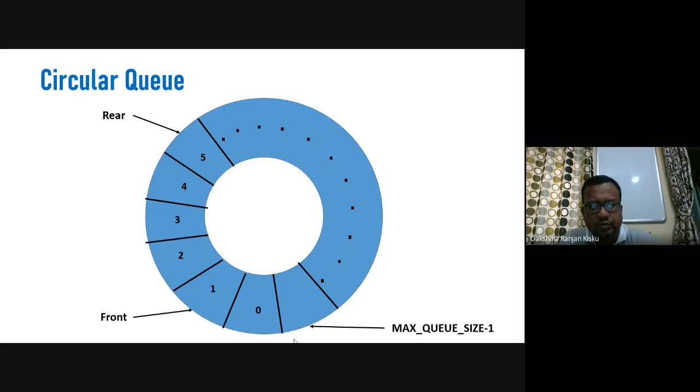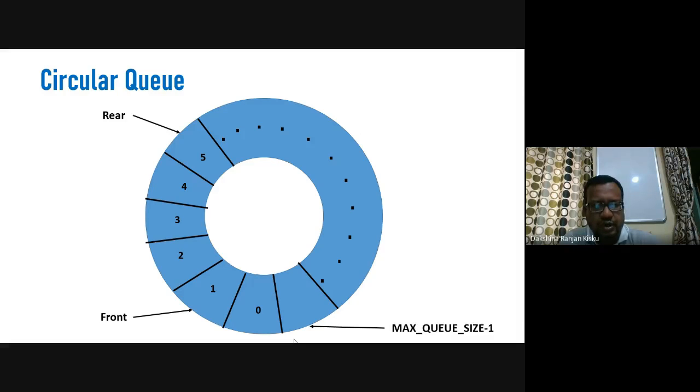Because in the linear queue, whenever we delete elements from the front end, after reaching the maximum size of the queue, we cannot utilize the available positions which are found at the beginning.